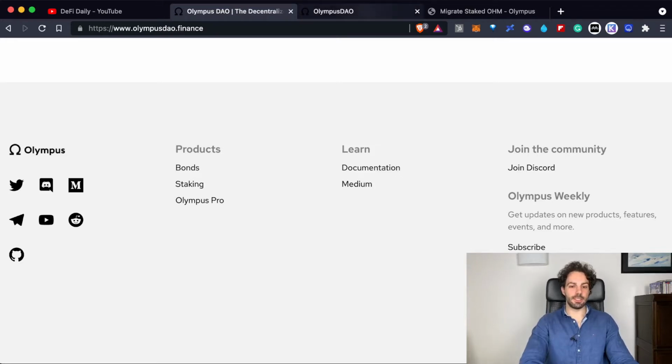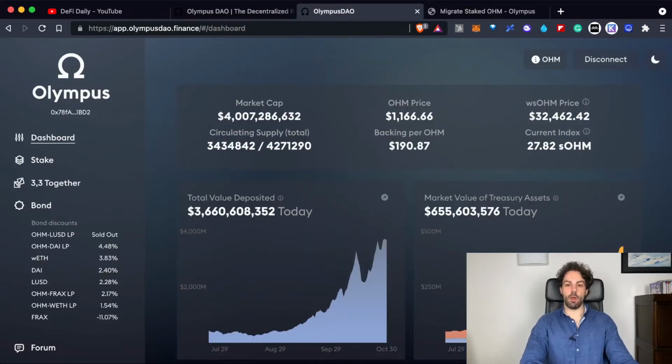Okay, let's start and jump into the app of Olympus Dao. The main page is the dashboard, where you can find all the metrics, from the market cap to the price of the token. The token of Olympus Dao is called OHM. This is here, and the price right now is around 1,100. You can also find the value for how much each OHM is backed, and right now it is something less